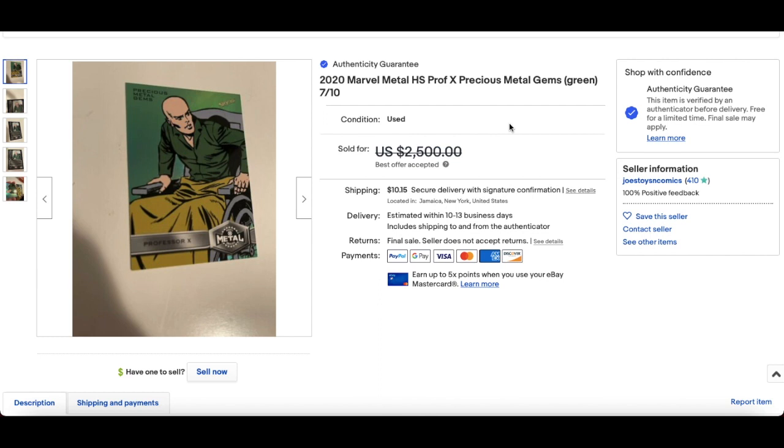In at number 5, this is an interesting one. 2020 Marvel Metal X-Men Professor X, PMG green, numbered out of 10, sold for best offer accepted, $1,500. And if you haven't already seen it,